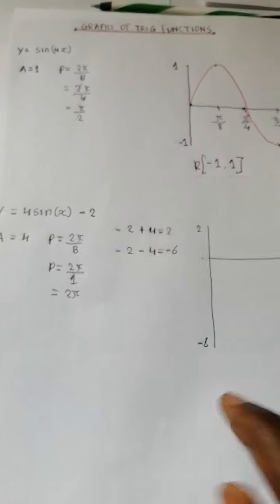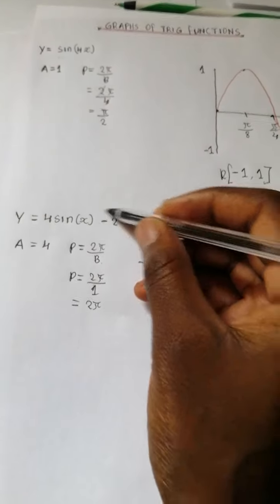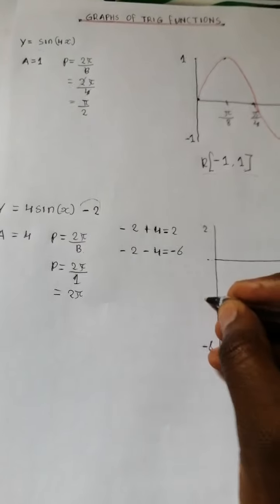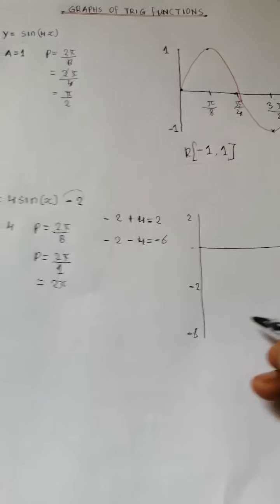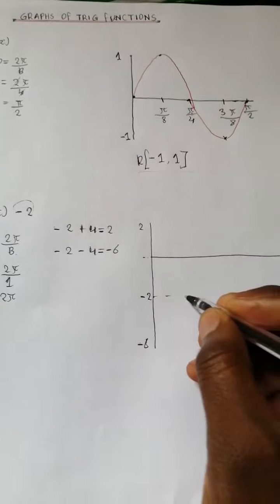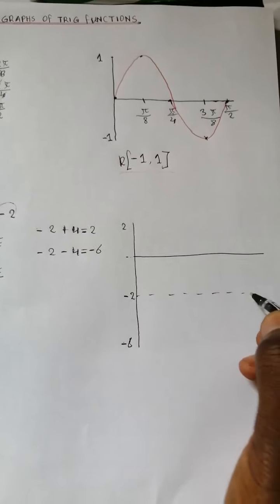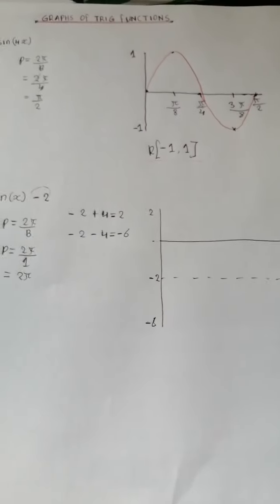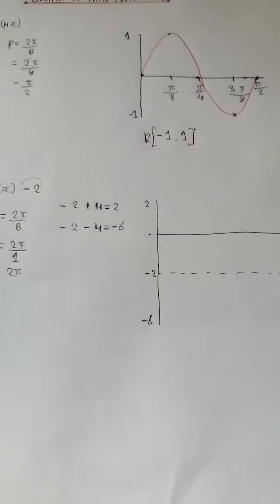And then this 2 is the vertical shift. So the vertical shift is at negative 2. So at negative 2 you have to draw a dotted line like this. So this is the vertical shift at negative 2. So after drawing this dotted line at negative 2,